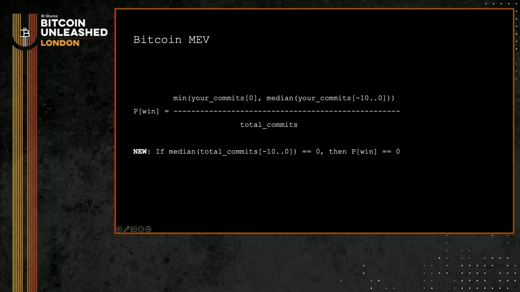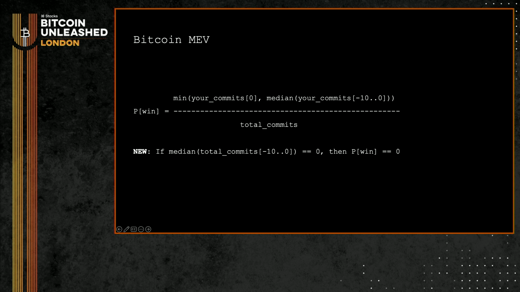The probability that you as the miner win is equal to the minimum of your block commit and the median of all of your commits, today the last 6 blocks, and Nakamoto will be the last 10 blocks, divided by the total commits in that block. A new thing here is